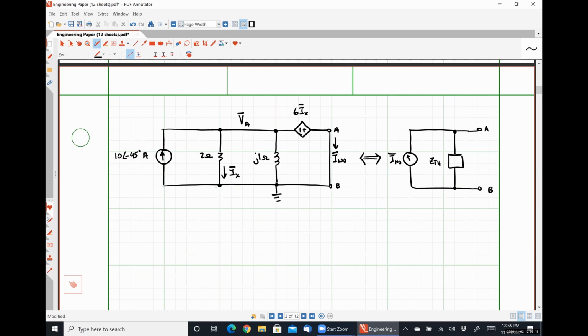But I think applying KCL at the top node is actually the quicker route to get the solution here. So effectively doing nodal analysis at the 1 node we don't know the voltage for, right? If I do KCL at the top node, let's see what falls out of this thing. Where currents that are leaving will be positive, I'm going to have negative 10 angle negative 45 degrees amperes plus,